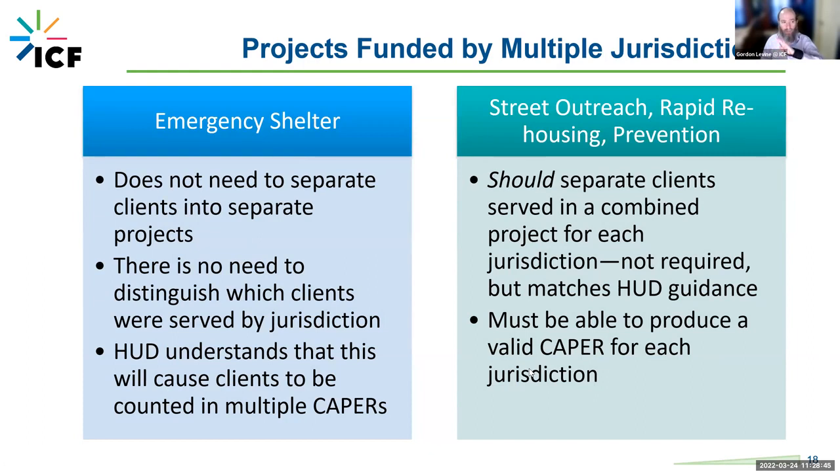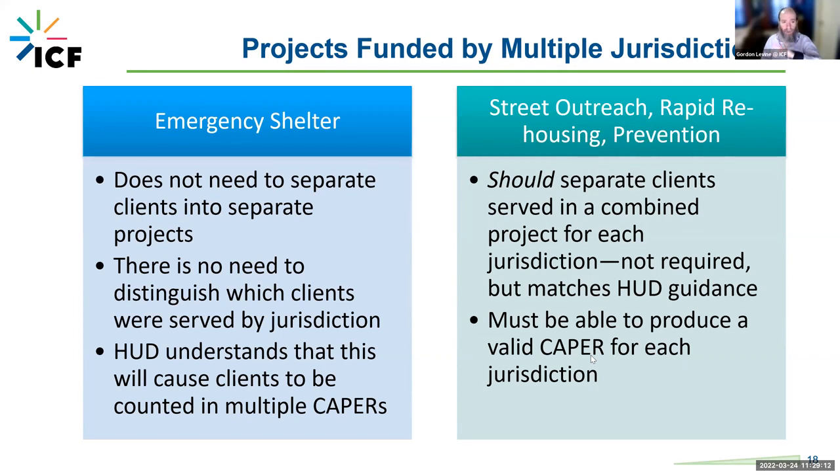There's no need to distinguish between which clients were served with which jurisdiction's money, and HUD understands that this can cause clients to be counted in multiple CAPERs. It's fine. And there's a significant advantage to having 1 project for a shelter, even if it's got ESG from multiple jurisdictions. It reduces data entry complexity, it reduces data entry time, it reduces the administrative burden on the program.